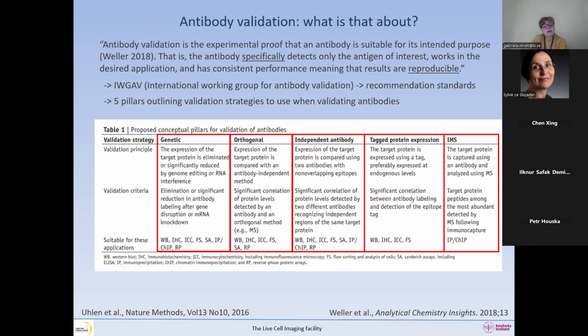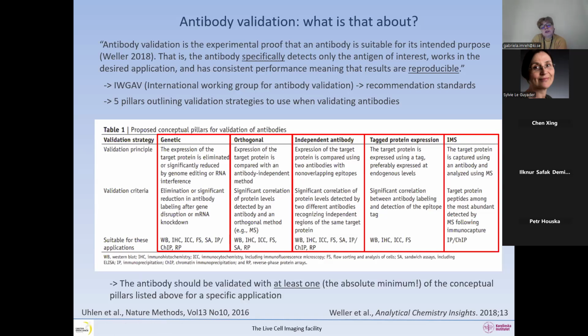And in this paper, they very nicely go through all these pillars and what the criteria are when you are using each of these strategies, and which applications they are suitable for. So an antibody should be validated with at least one. This is the absolute minimum of the pillars listed above